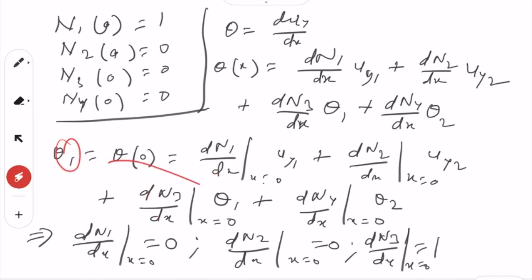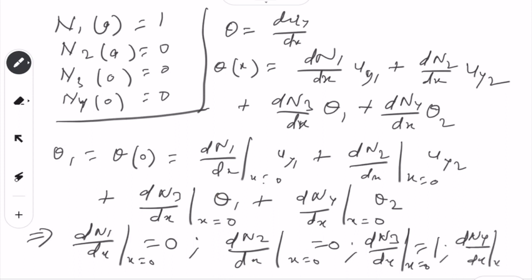So, we have this equal to this, and also dn4 over dx at x equal to 0 has to equal 0. So, that means we have to find out n1, n2, n3, n4 such that this is one condition